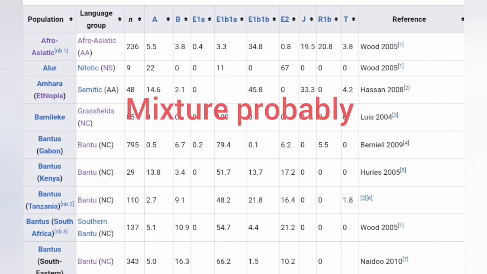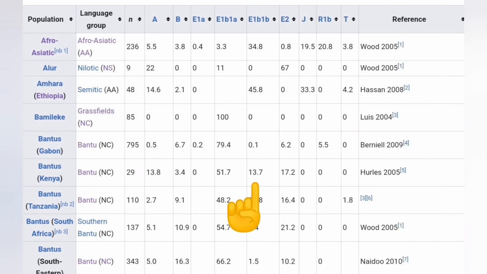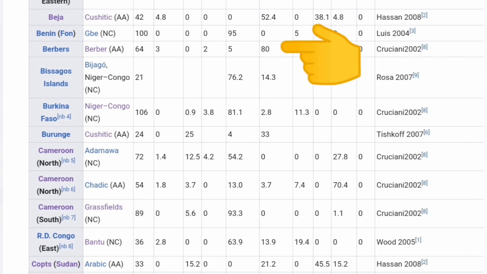0.1% Bantus. 13.7% Bantus in Kenya. 21% Bantus in Tanzania, 4.4% Bantus in Southern Africa, 1.5% Bantus in South Africa, 52% Beja, 0% Benin, 80% Berbers, 14% in Togo and Niger Congo, 2.8% in Niger Congo, 33% in Cushitic, 3.7% in Chadic, 13% in Bantu, 21% in Arabic, Copts,